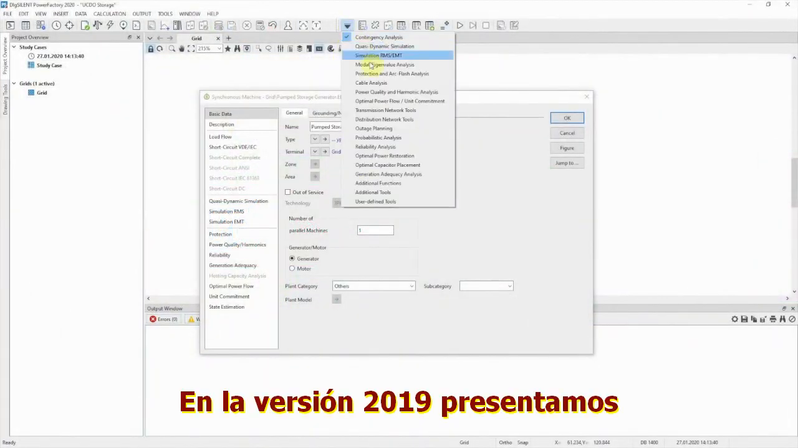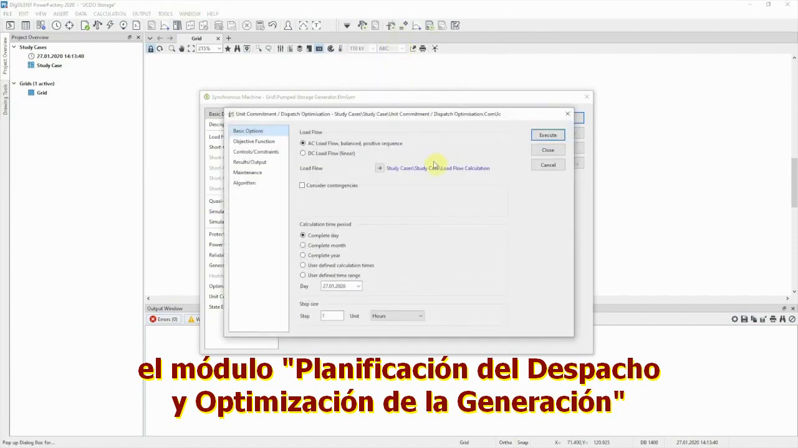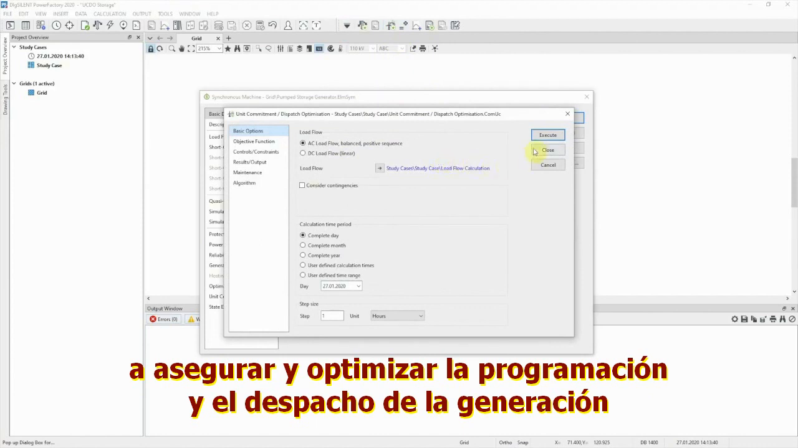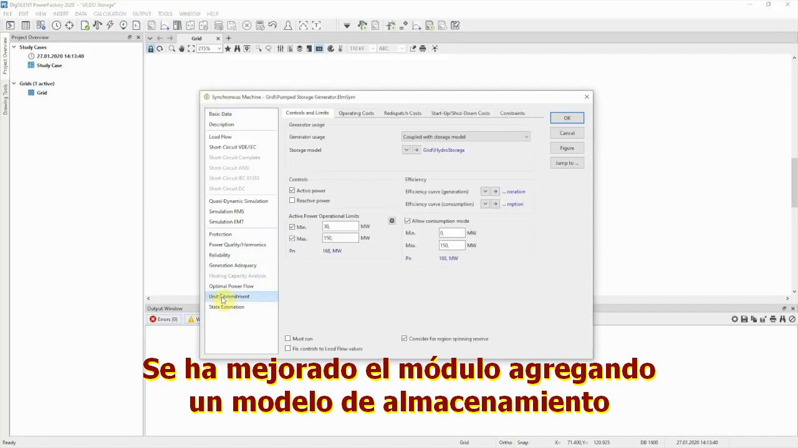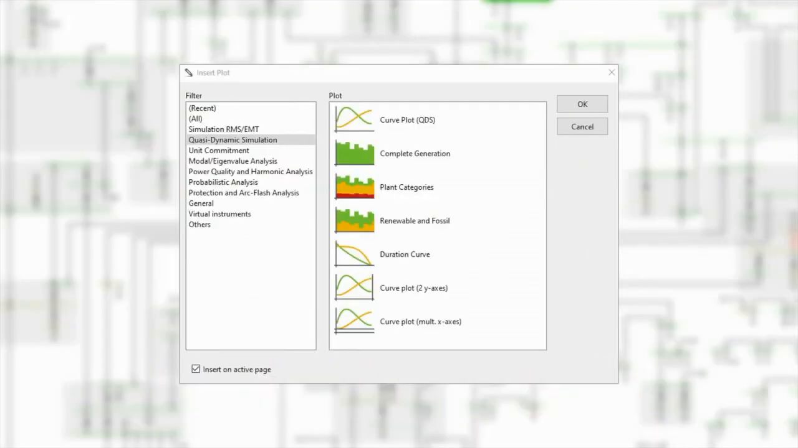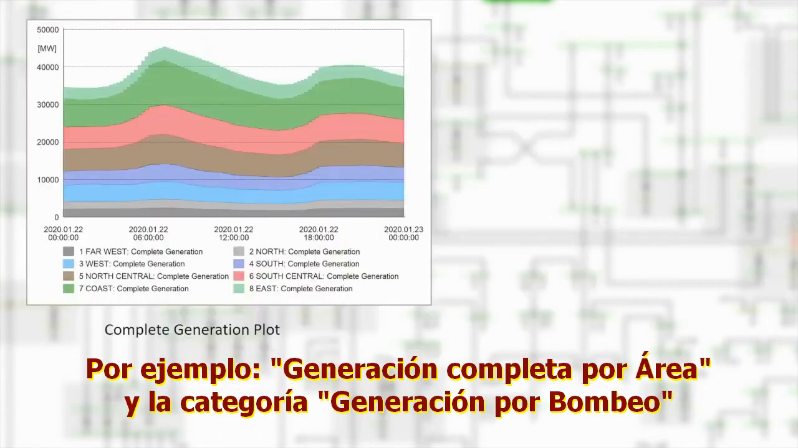In version 2019, we introduced the unit commitment and dispatch optimization module to assist system operators in the secure and optimized scheduling and dispatch of generation. The module is now enhanced by the introduction of a storage model which can be associated with generators such as pumped storage units or batteries. We have also introduced additional plots for this module and for quasi-dynamic simulation, for example, complete generation by area and